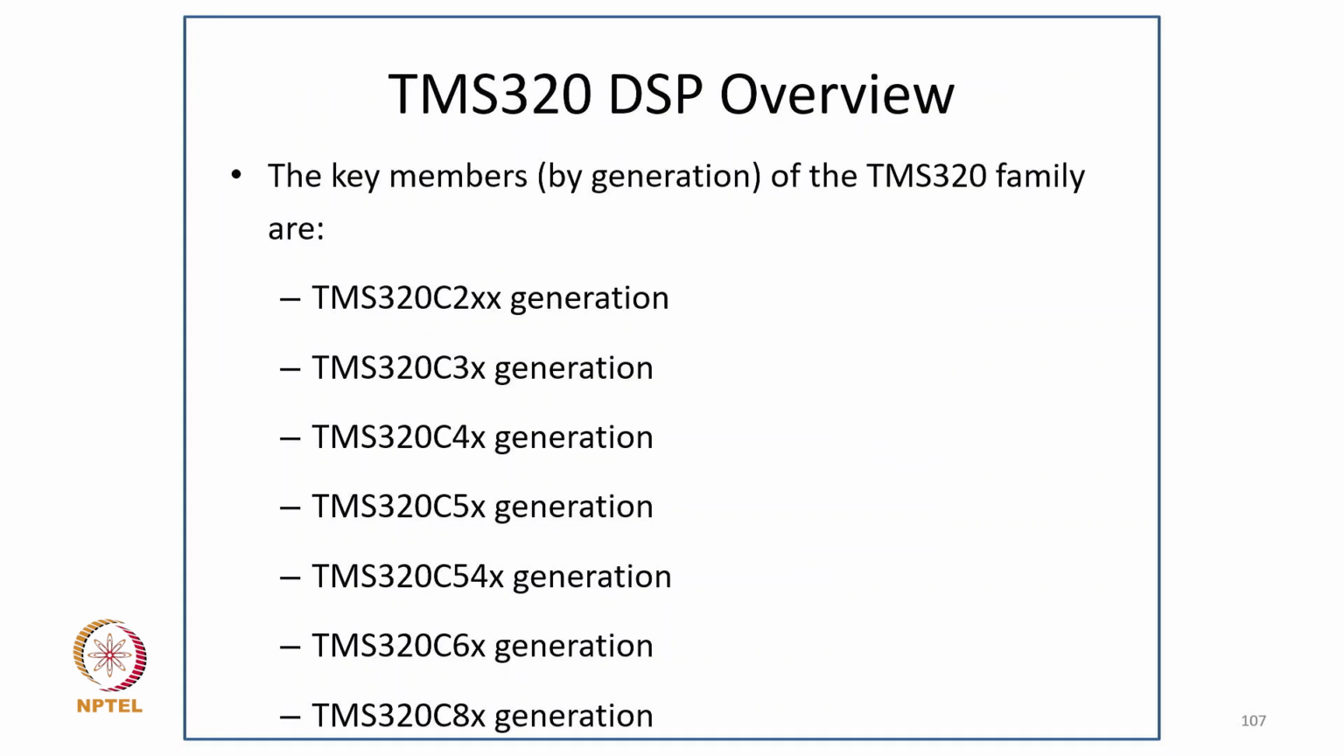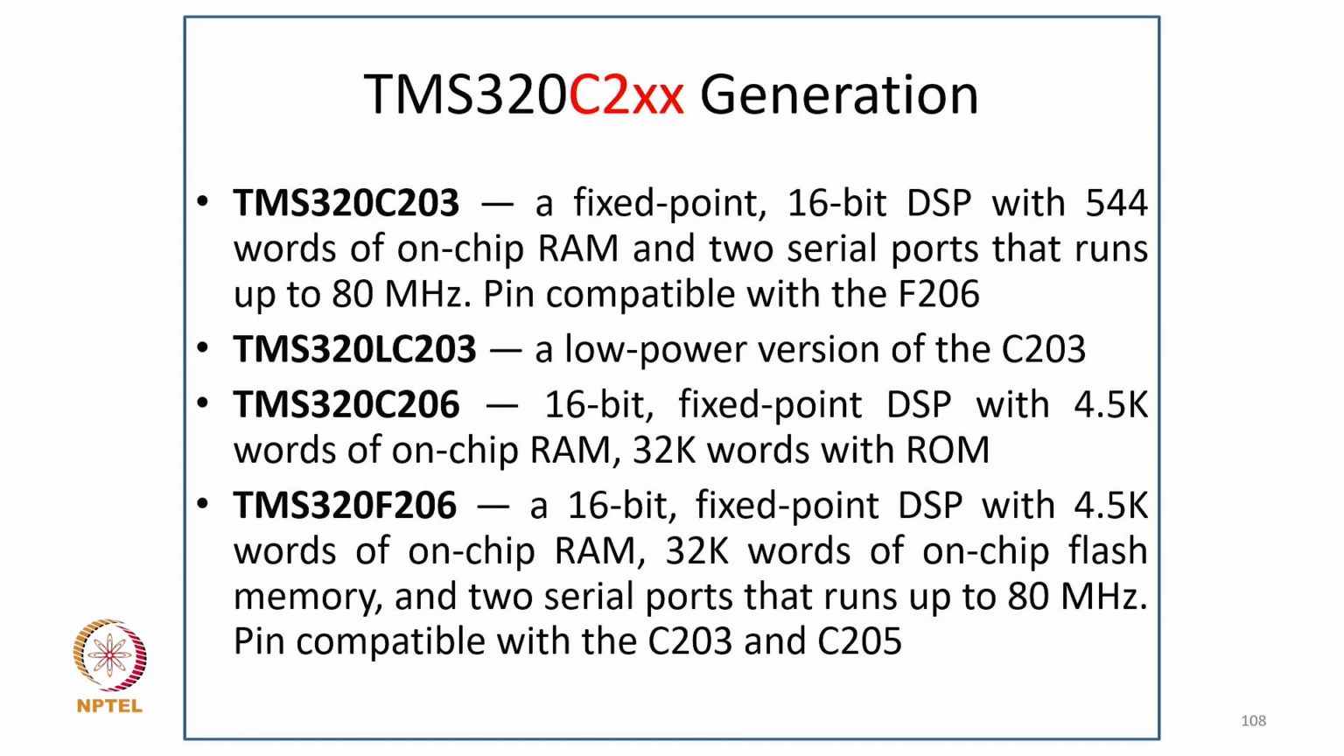So the key members by generation of the TMS320 family are the TMS320 C2XX generation, 3X generation, 4X generation, 5X generation, 54X generation, 6X generation, and 8X generation. Now coming to the 320 C2XX generation, TMS320C203 is a fixed point 16-bit DSP with 544 words of on-chip RAM and 2 serial ports that runs up to 80 MHz, pin compatible with the F206, and TMS320LC203 is a low power version of the